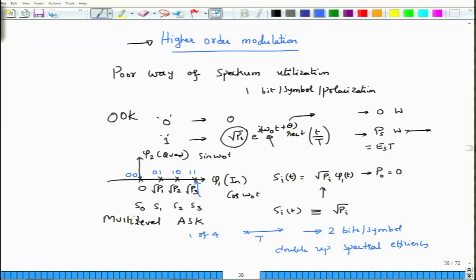So if I want to increase the spectral efficiency further, I will have to start making smaller and smaller intervals between the different symbols, right? But what I have so far shown you is only the signal points, but in a real system when you take these constellation points and actually look at what the received constellation will be, the received constellation is going to be looking something like this,